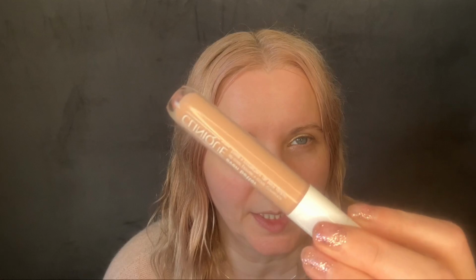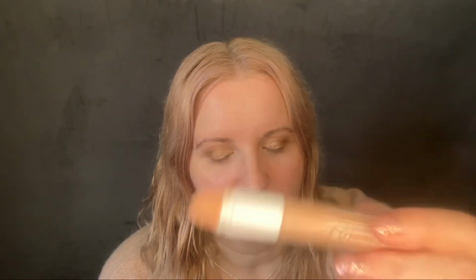So to do my concealer, I haven't got a colour corrector because I've got quite dark eyes. So I'm going to use a little bit of this Clinique mixed in. This is the Clinique Even Better All Over Primer and Colour Corrector. And the shade is Peach. And this one comes with that little sponge. So what I like to do is I just put this peach on the inner corner here and a little bit there,